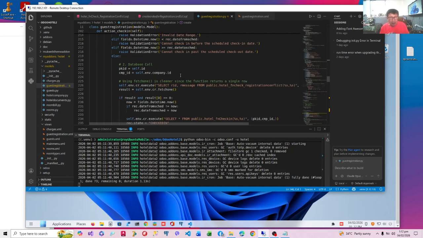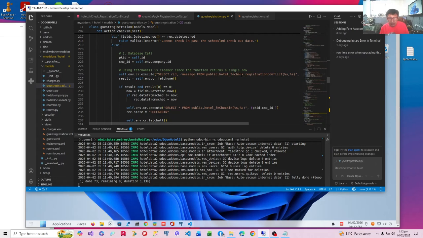Aside from doing a check registration, we also are going to check in the guest so that the corresponding room charge will be reflected in the bill. So we have to do this. First we are going to check for conflict. Now we have result, because result here is fetch 1 and result 0 is 0. So this is how it's stated.